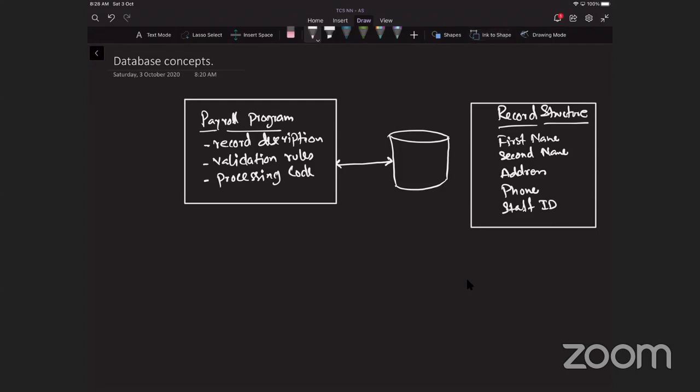Now, let's say there is another program, a sales program. Again, it has got record description, validation rules, and processing code.